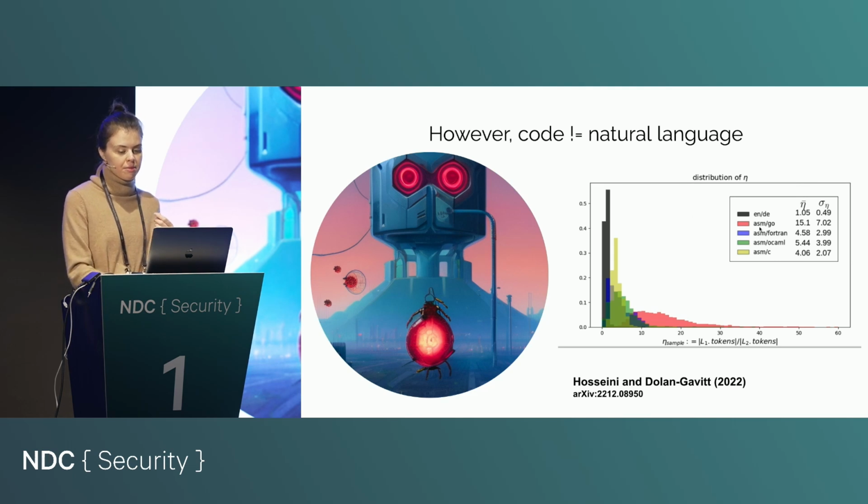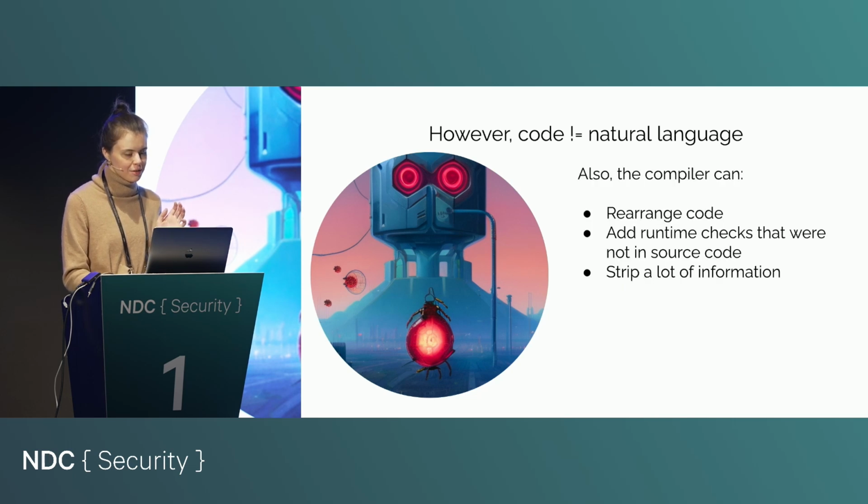For example, when we compare code snippets written in Go and their corresponding assembly snippets, we can see that the assembly snippets are on average 15 times longer than the Go snippets. So there isn't the same kind of information symmetry that you would have in human languages. So that's warning flag number 1, that this approach will probably be difficult to work.